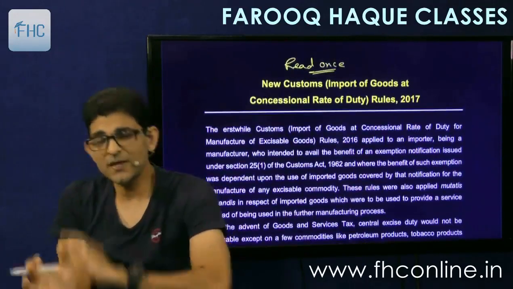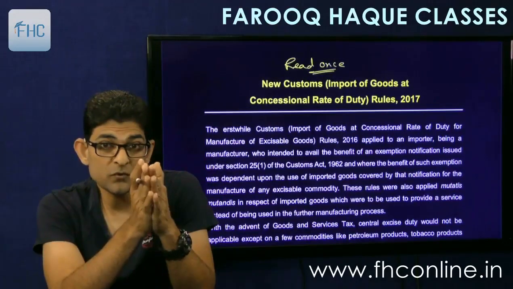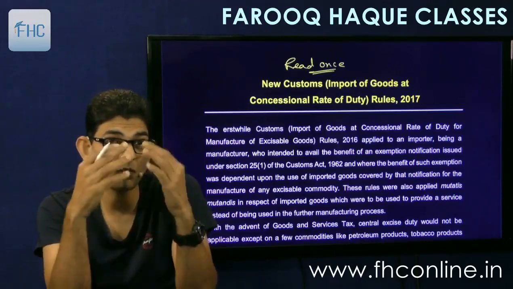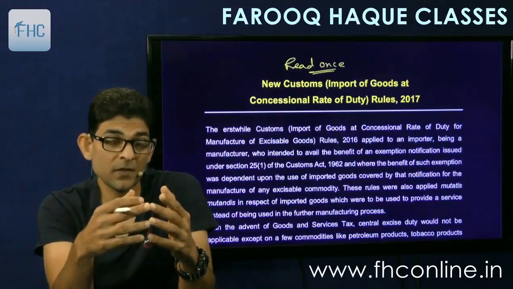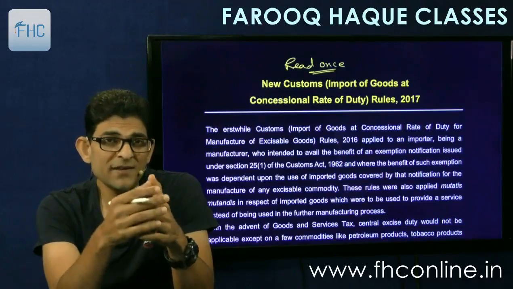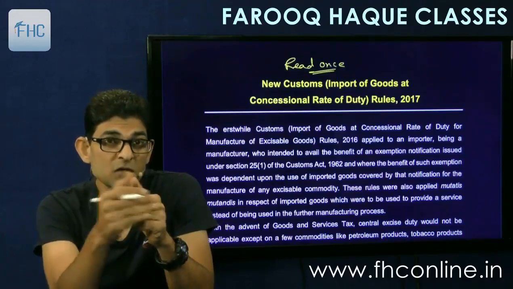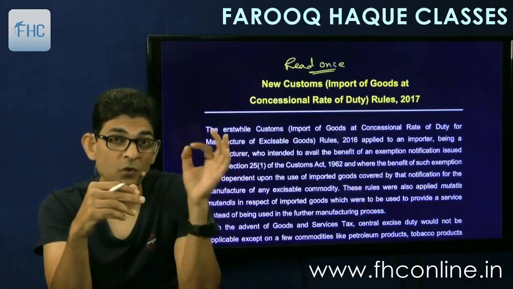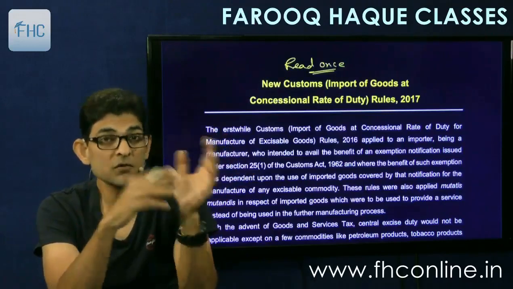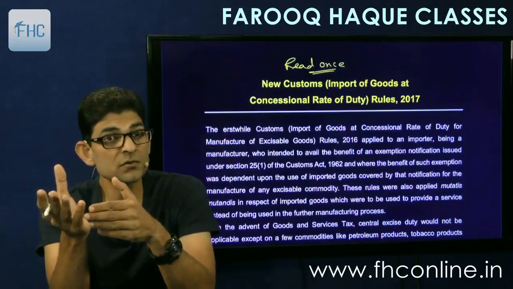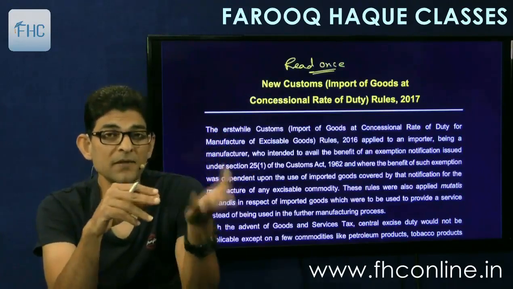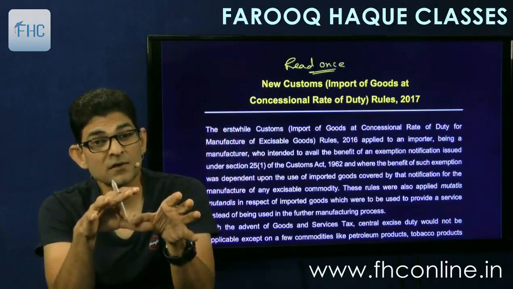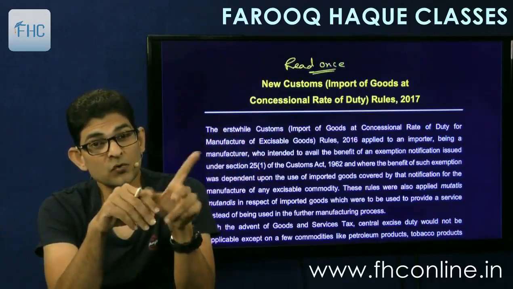So what basically it means is that import of goods at concessional rate of duty. If some concessional rate is allowed to you for import of goods, then you have to follow a particular procedure for importing those goods. So basically this is applicable for manufacturing of export goods. If we are importing raw material for manufacture of export goods and we want to claim exemption on the imported raw material because they are meant for production of export goods, so anyways the duty is not payable, or if we pay then later on we can claim it as duty drawback. So for importing such raw materials, what is the procedure that you will have to follow? So that is given here.